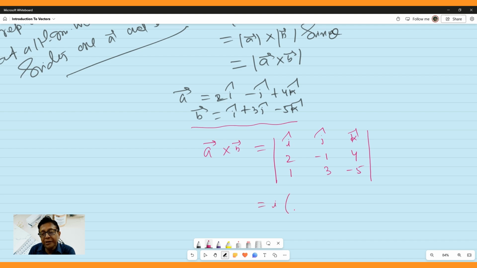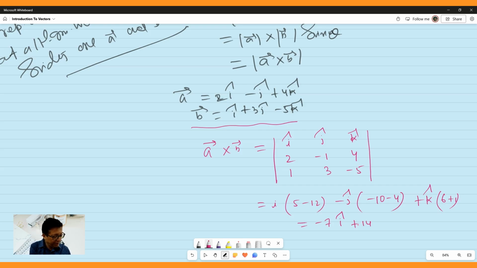The result will be 5 minus 12, minus J into minus 10 minus 4, plus K into 6 minus minus 1, that is plus 1. So minus 7i plus 14j